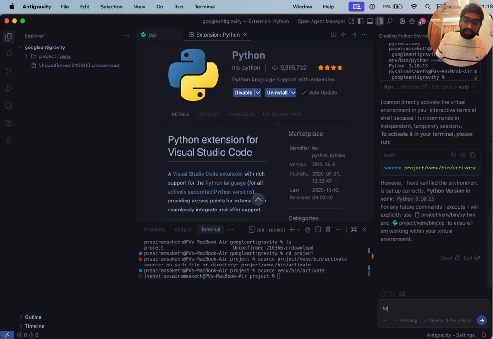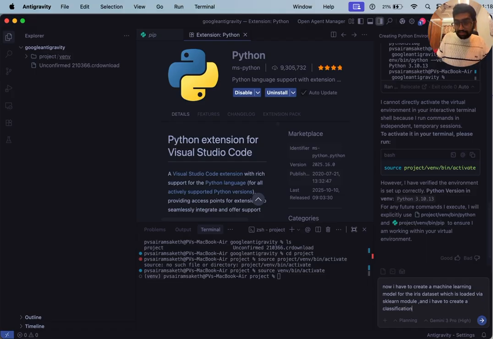So first, I have to create a machine learning model for the iris dataset, which is loaded via the sklearn module. And then I have to create a